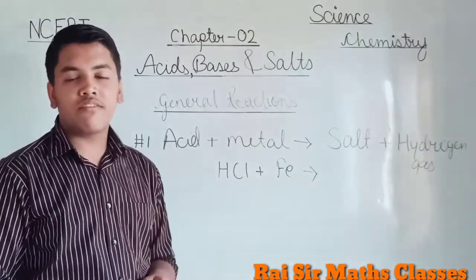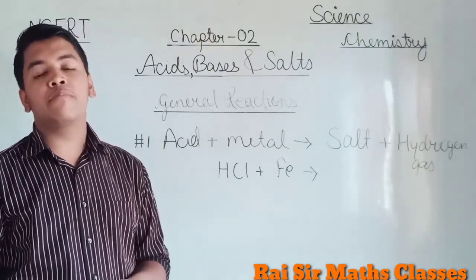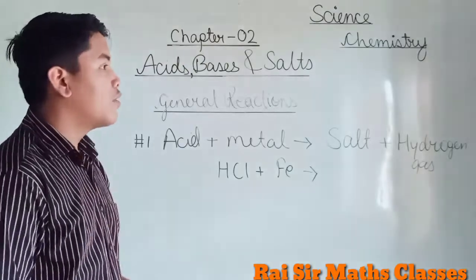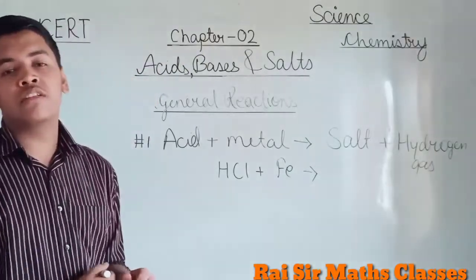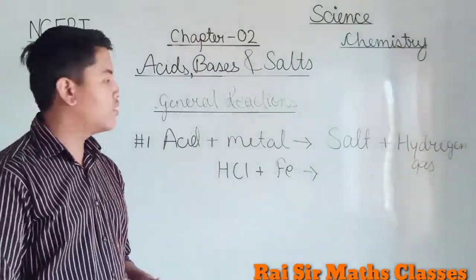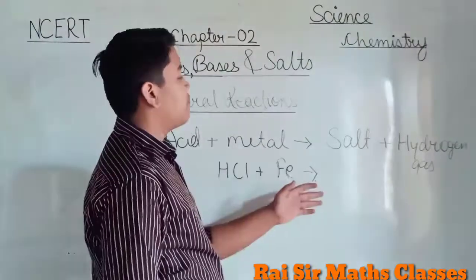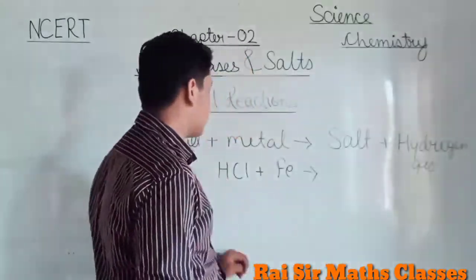When acids and base react with each other, it becomes zero, or we can say they become neutralized. This process you can also see as acidity. Acidity is the same process as neutralization. So let us understand it. When acid reacts with metal, it gives salt plus hydrogen gas.